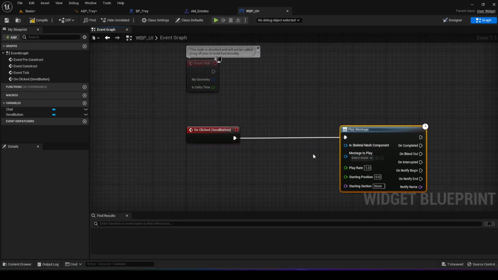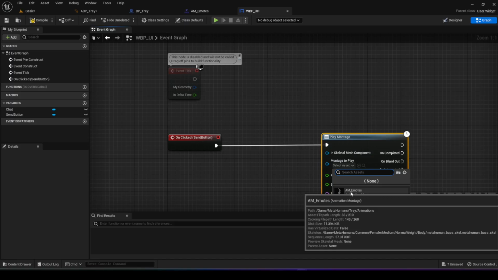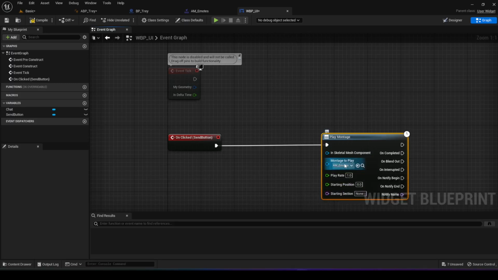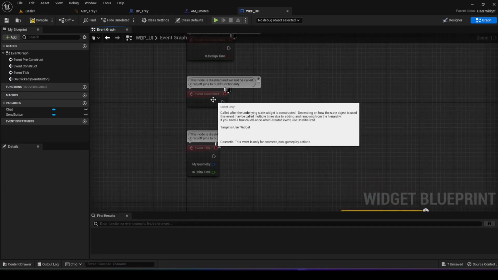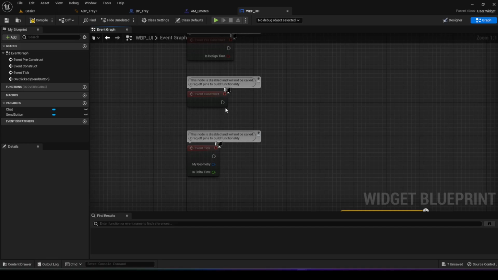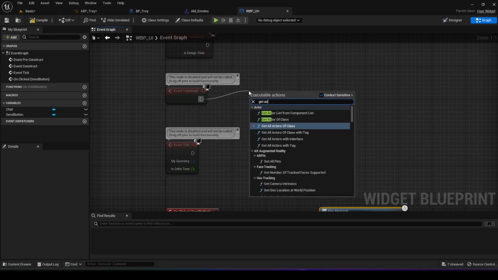And what it's asking us is the skeletal mesh, the montage to play. That one is easy. We can choose the montage that we created. All right, so it asks for the montage to play, and it asks for the starting section and how fast we want it to play the animation and the skeletal mesh. So in order to get access to our skeletal mesh, which is our MetaHuman, we're going to come to our event construct right here. So this gets called whenever our UI is getting created the first time, and we want to tell it to grab our MetaHuman whenever the game starts and save it in a variable so we can use it. So the way we do that is we call get actor of class,